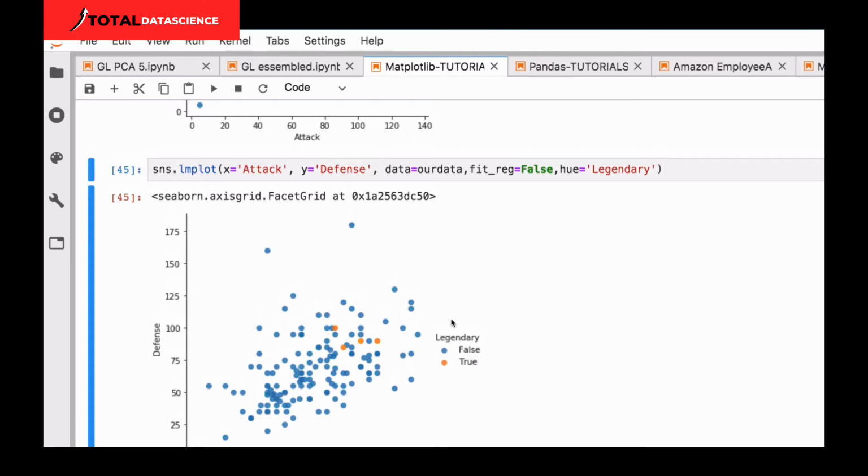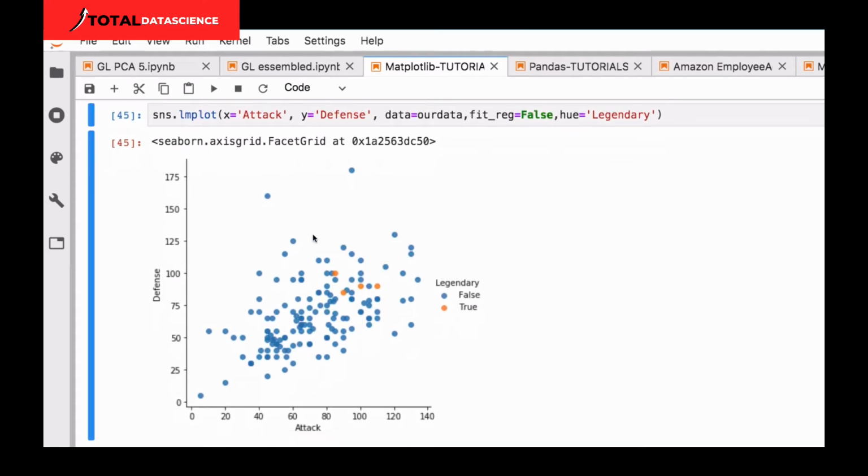Hue will help you to plot in a three-dimensional space using just two-dimensional space. Using this hue is just using colors to bring three-dimensional space into two-dimensional space. All right, so hue will help you to bring three-dimensional space into two-dimensional space to make the visualization possible,